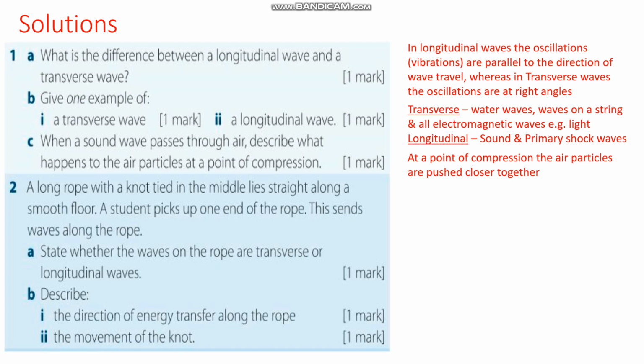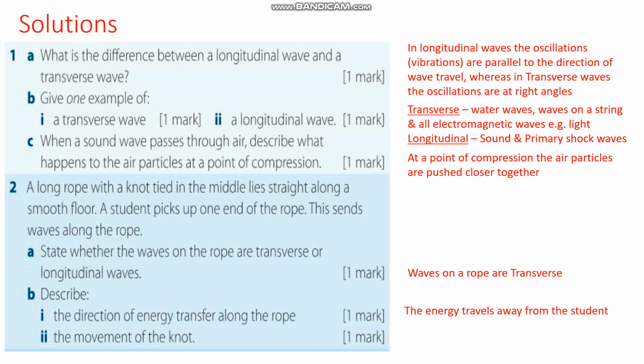Question 2, part A. State whether the waves on a rope are transverse or longitudinal. Well, hopefully if you've been following, you'll be happy with the fact that they are transverse. You can't push a rope to and fro to produce a longitudinal wave. Part B, the direction of energy transfer along the rope. Well, the energy transfer will be at right angles to the direction